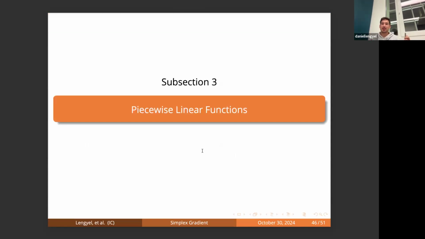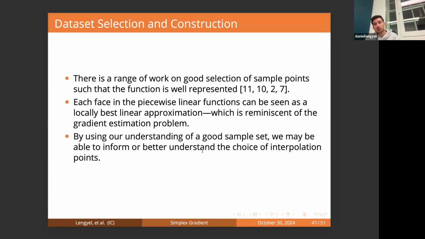So this was kind of the insight into the interacting particles and optimization literature. And I think the last thing I want to mention is the piecewise linear functions. This is something I hinted at in the beginning as well. And this kind of makes sense if we look at the gradient estimator again as a best linear approximation locally. You can then think of your piecewise linear function you're trying to fit maybe as a sequence of best linear approximations, local ones. And there is a range of work actually trying to find the best sample points for this,